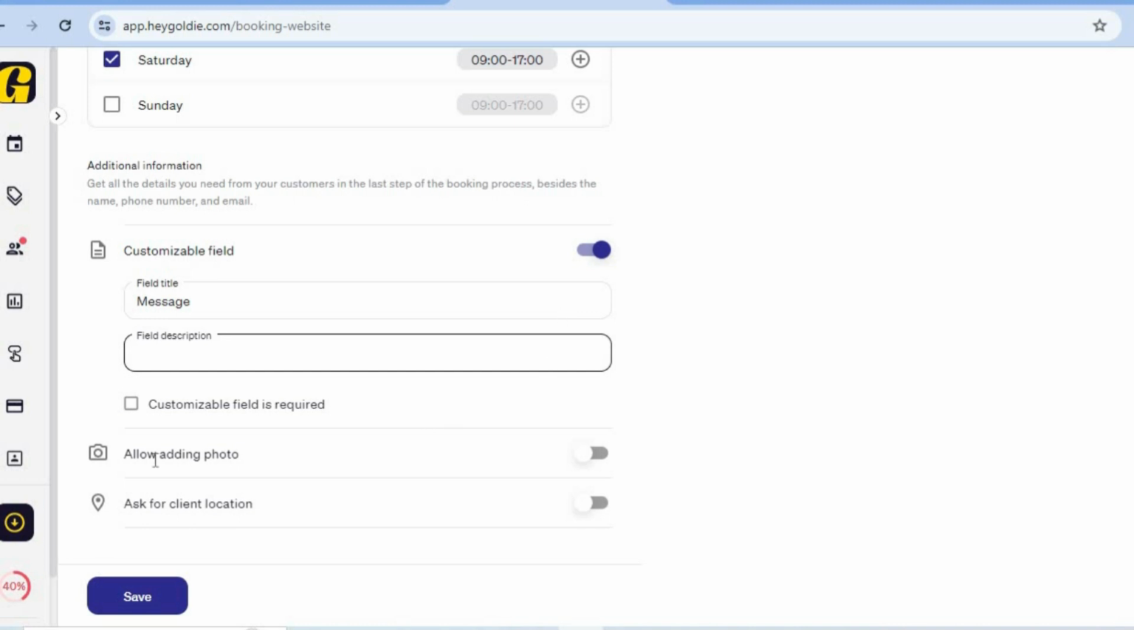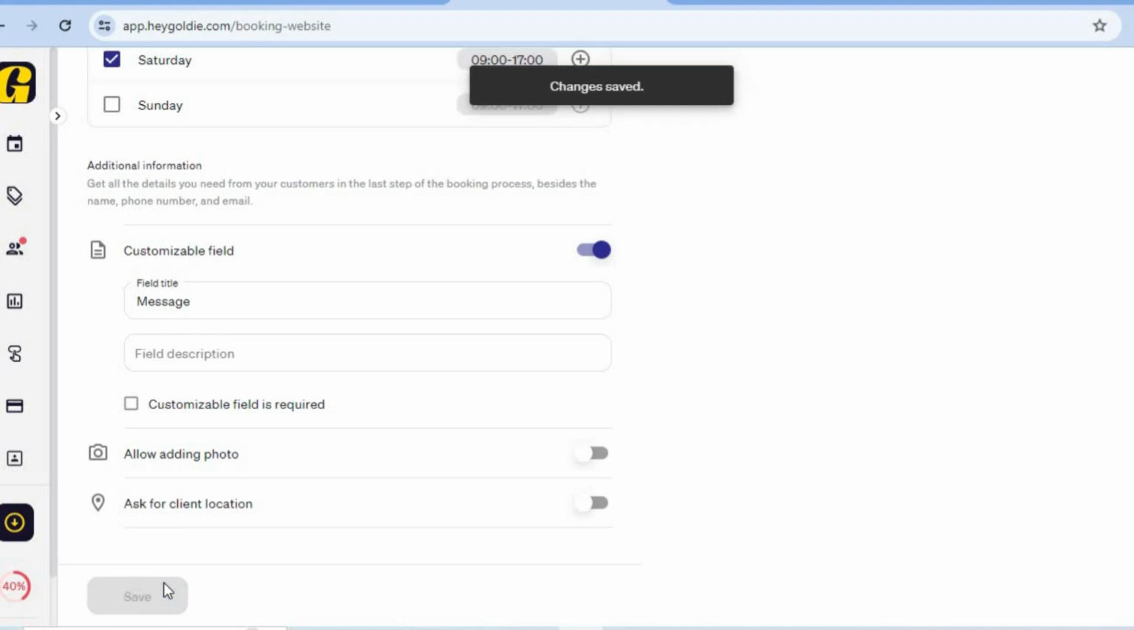Then from there, you can also allow adding photo if you want. So this is a good way to build social proof. So you could simply toggle this on, and from there your customers will be able to add photos once you're finished, or they can add photos before they come in. So let's say, for example, you want to see the condition of their ear at the moment when they are doing the booking. You could toggle this on, and then they'll be able to take a photo and upload it